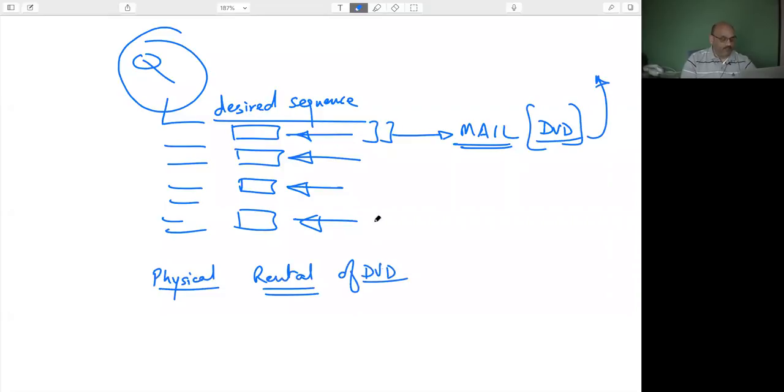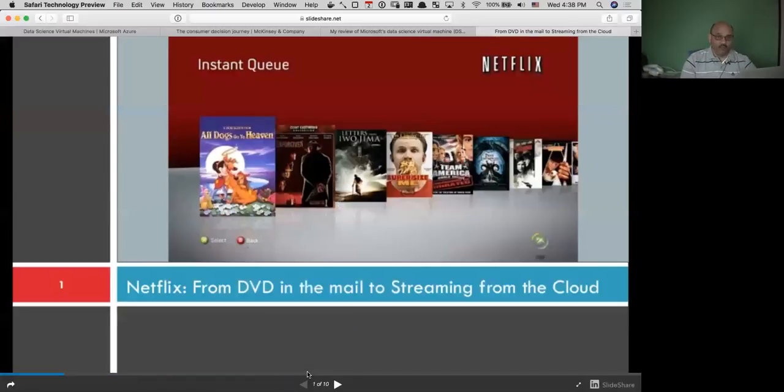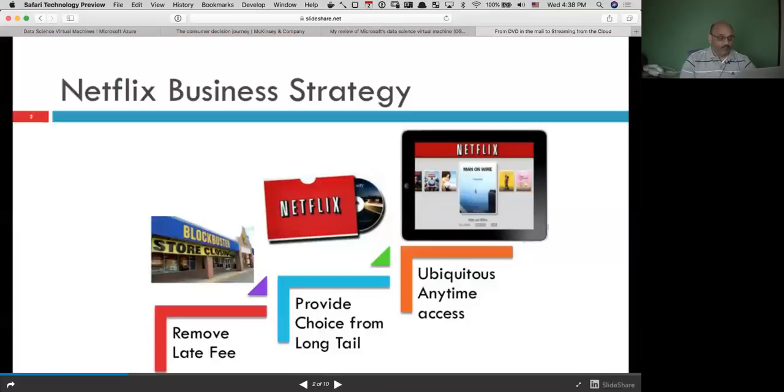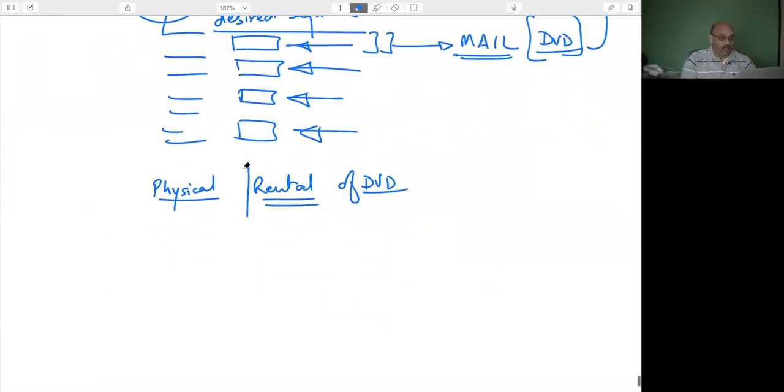That was the business. Now, if you see the evolution that the company wanted to do, it is from DVD in the mail over to streaming from the cloud. That's the evolution that they wanted to accomplish. So now, at the time when Netflix had this idea of sending out this red envelope, what they used to really do is rent DVDs, and they were competing